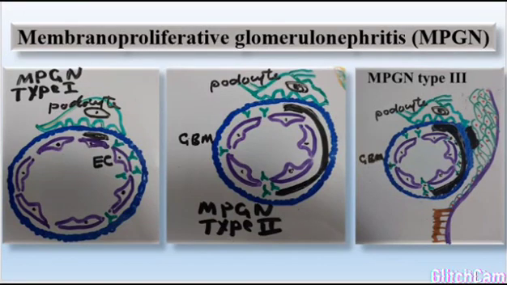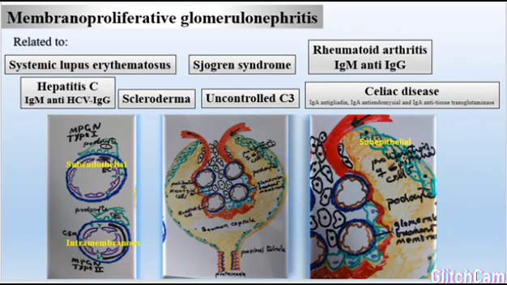Membranoproliferative glomerulonephritis is a progressive immune-mediated disorder related to some autoimmune disorders. For example, systemic lupus erythematosus, Sjogren syndrome, which is associated with dry eye and dry mouth, rheumatoid arthritis due to immune complex formed due to binding of IgM anti-IgG, and scleroderma, and related to uncontrolled complement component number 3, and also it is related to